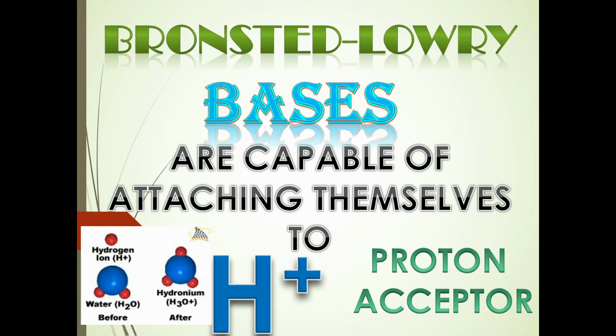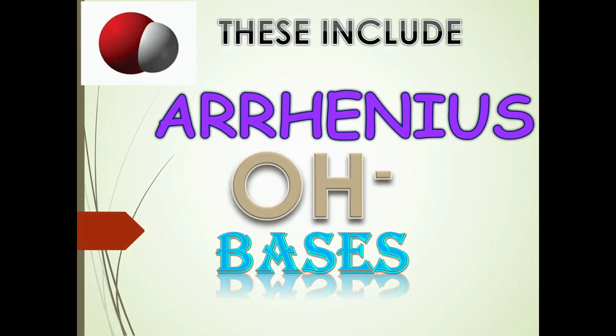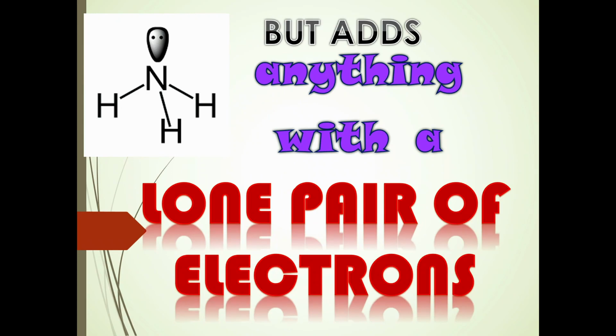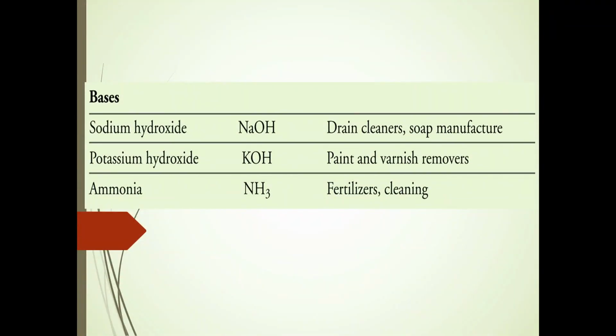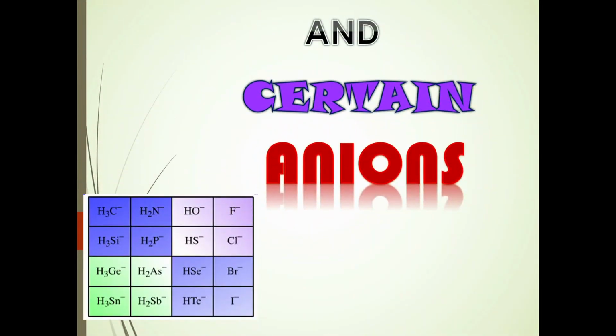But more importantly, in our bodies, what it attaches itself to most is nitrogen, in particular ammonia-based compounds. So we not only have the OH-, but we're adding other negative ions, and we're adding anything with a lone pair of electrons, in particular that ammonia or an ammonia-based molecule. And now we've extended our list of bases to include ammonia. There are other things. If I look at these ions,